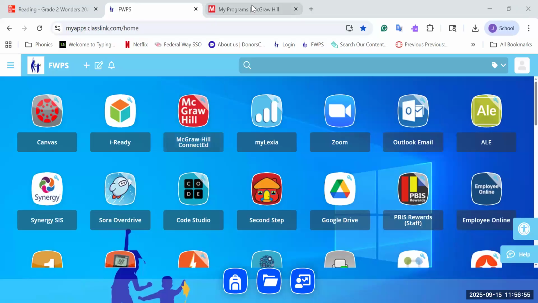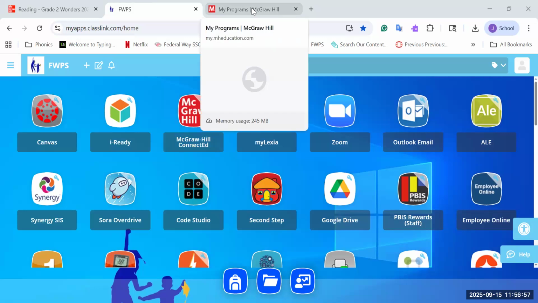Today I want to teach you how to get to your textbook. First, you go to your Launchpad. You're going to click on McGraw-Hill, and then